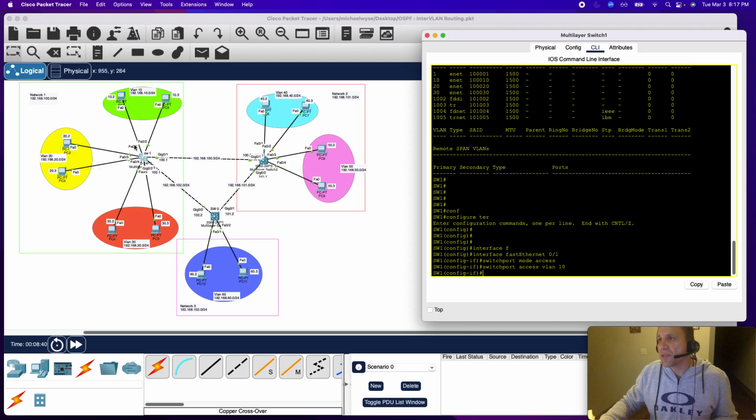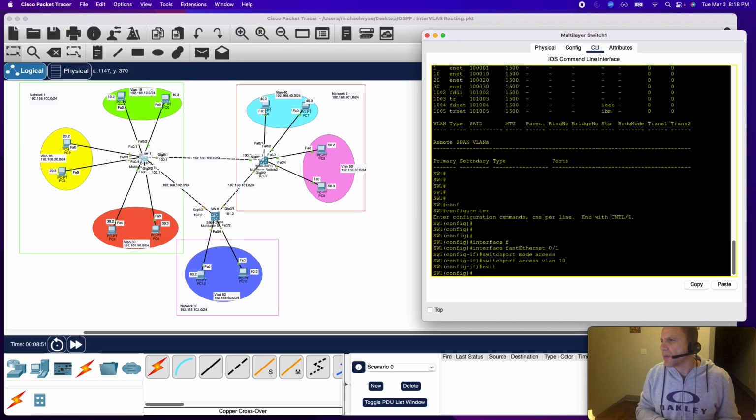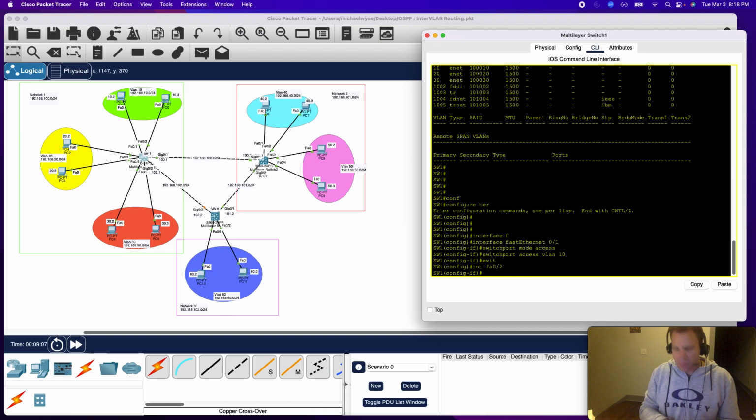So the FastEthernet 0/1 interface is now configured to VLAN 10. We're also going to do it for this other device. So let's exit, go back one step, and then we'll go to interface FastEthernet 0/2. So we're in there, and then we'll do switchport mode access,